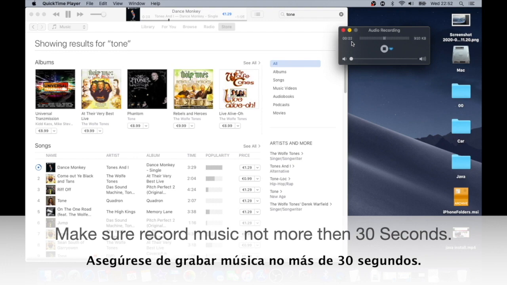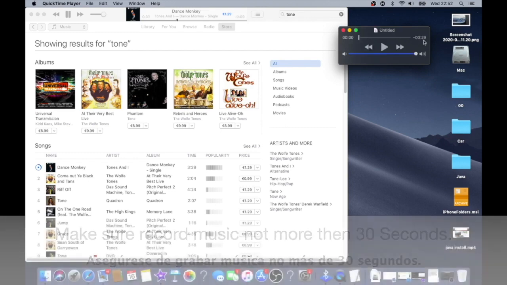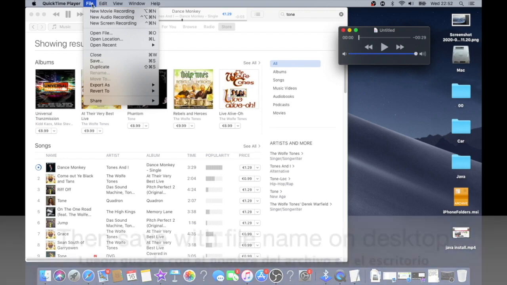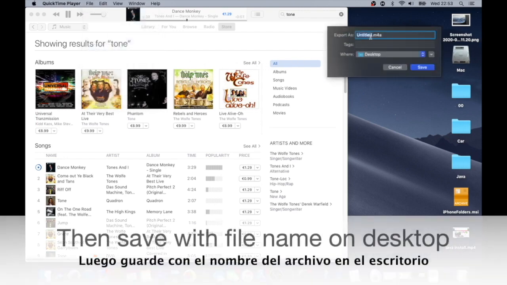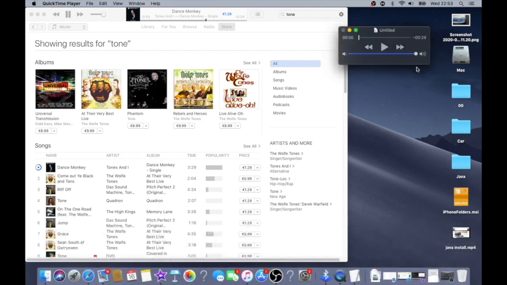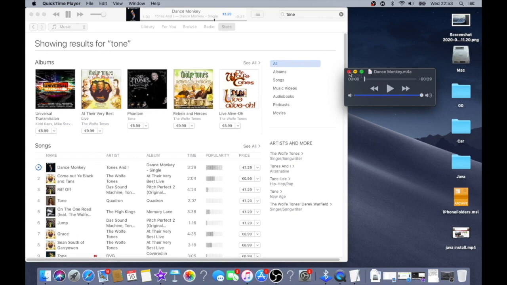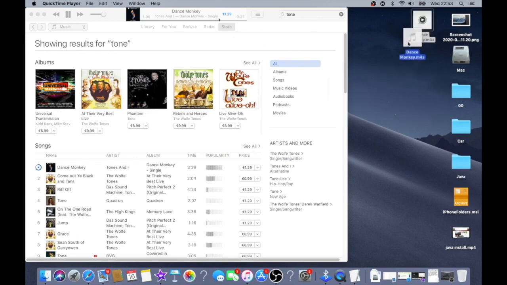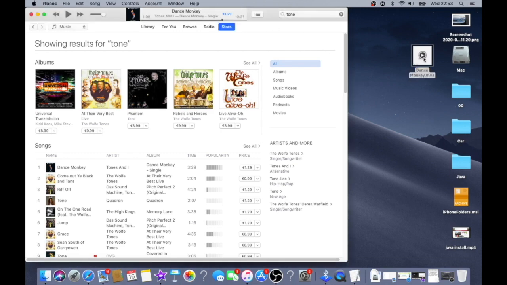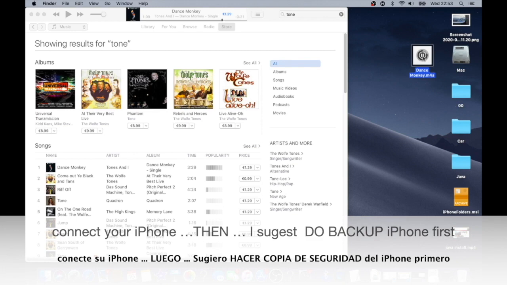Make sure recording music not more than 30 seconds. Then save with file name on desktop. Then after connect your iPhone, then